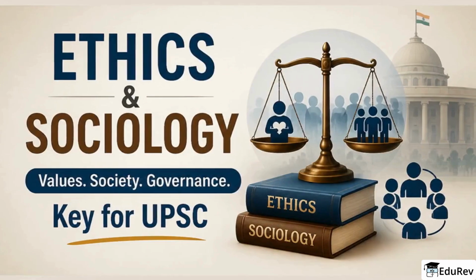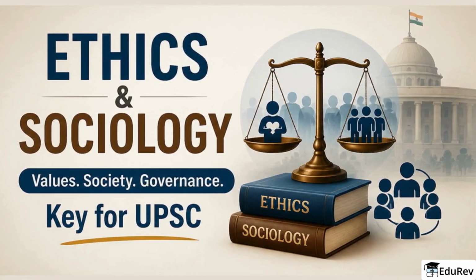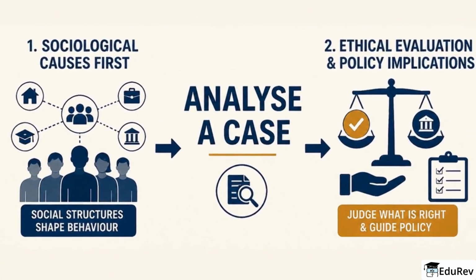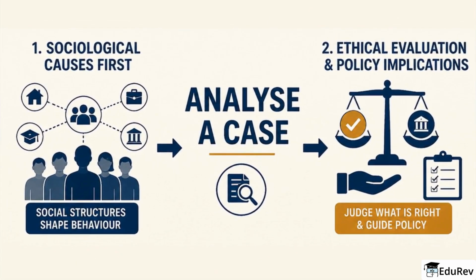Now consider ethics and sociology, a pair often tested in moral and governance type questions in UPSC. Sociology explains the social roots of behavior, while ethics judges actions as right or wrong, and both are needed for complex issues like corruption or affirmative action. When you analyze a case in ethics or GS, state the sociological causes first and then discuss the ethical evaluation